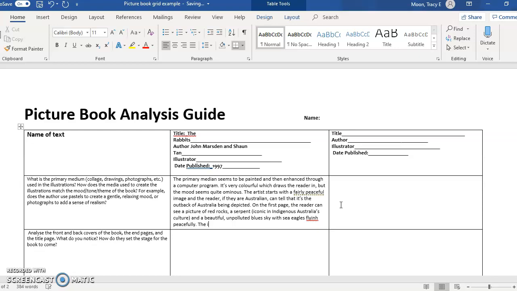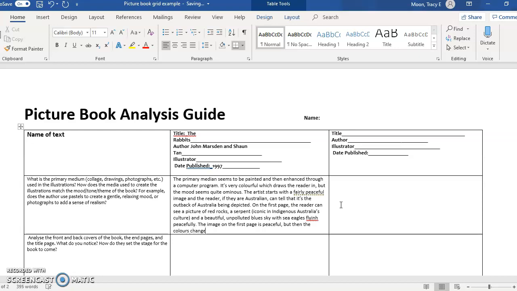The image on the first page is peaceful, but then the colours change when the rabbits